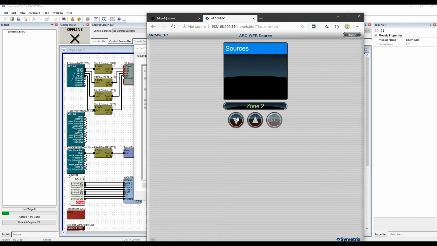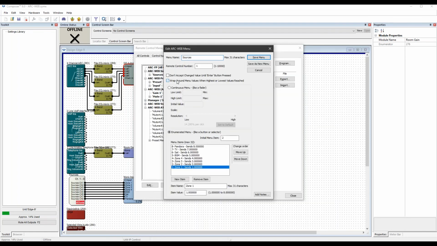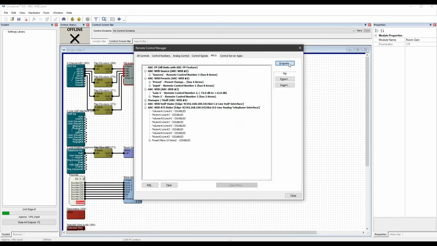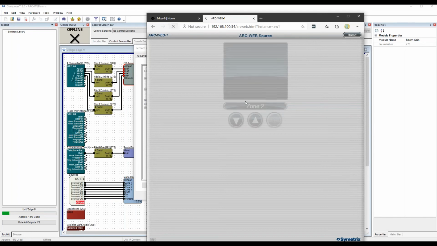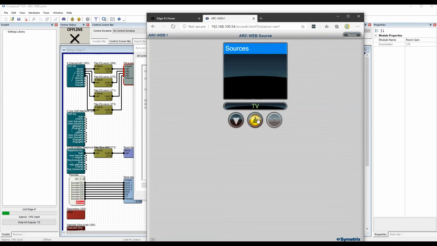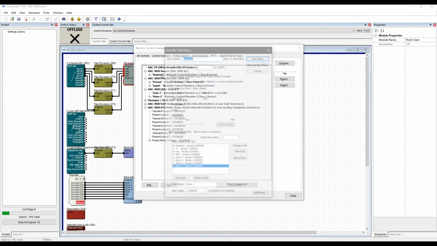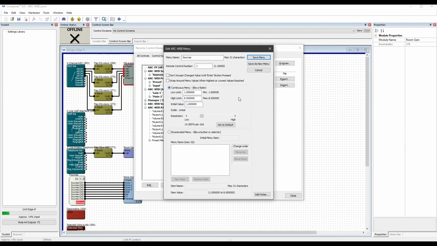pressing up. Now, to prevent that, you would just deselect the wraparound menu values, and then reprogram: save menu, save ARC, program. There you go. And now refresh. Now, when we get to the top or the bottom of the list, it will stop and not wrap around. Simple, okay? Another thing you can do is you can limit